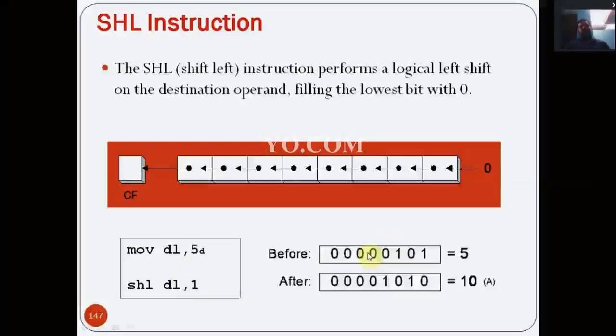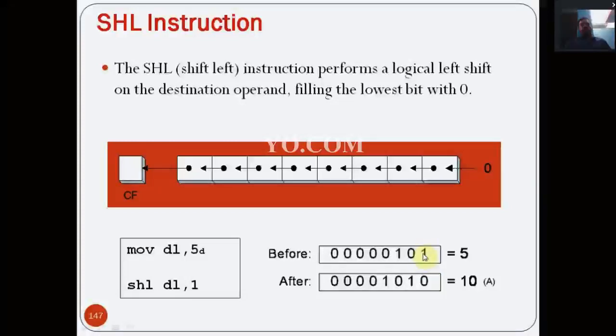So before execution, dl equals 5, that is 0101. After execution, this 1 is moving here, this 0 is moving here, this 1 is moving here, and the remaining place is now empty, filled by 0.